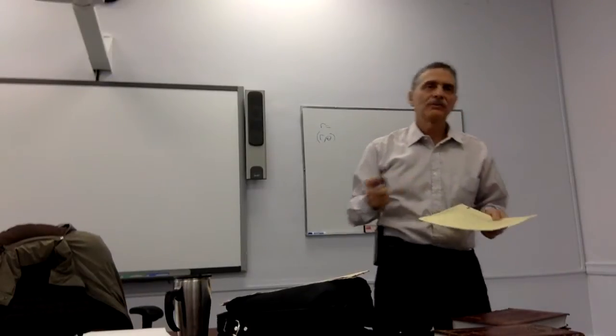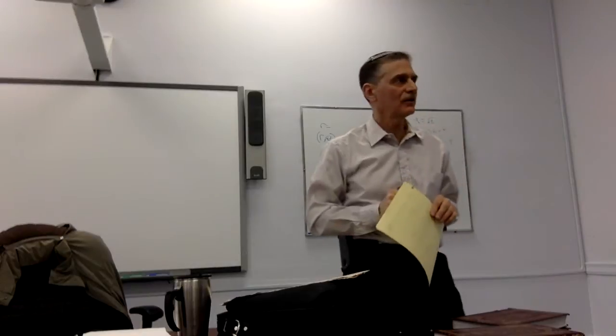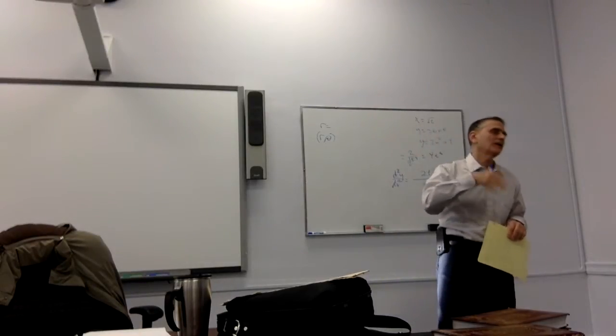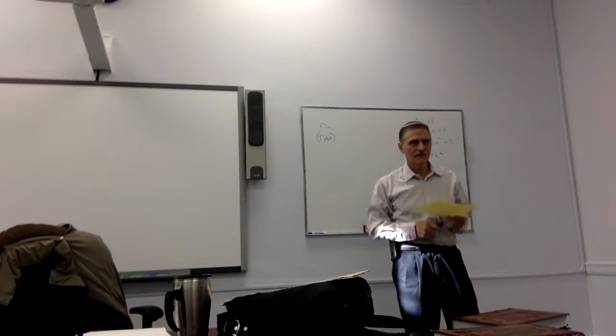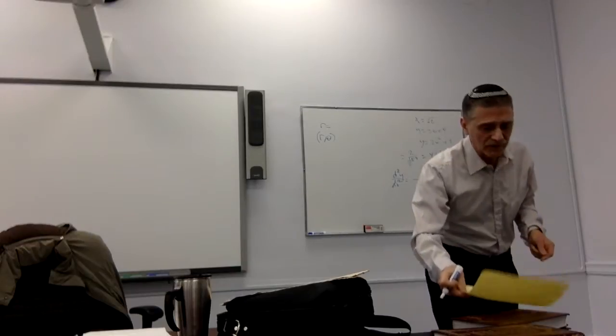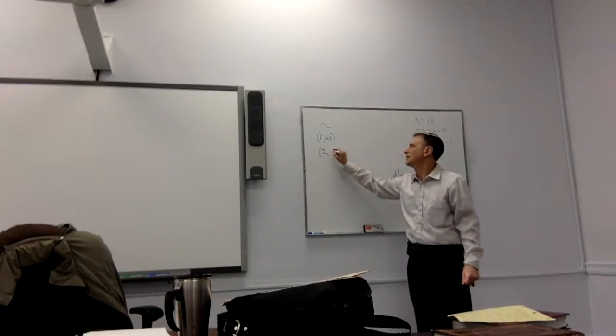Polar graphs are not in the form y equals; they are in the form r equals. R is the radius, theta is the angle, and typically an equation will be in the form r equals cosine theta, sine theta, or something like that. The interesting thing that's different about polar form is, for example, if a point is (2,